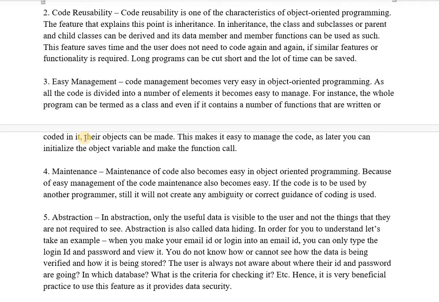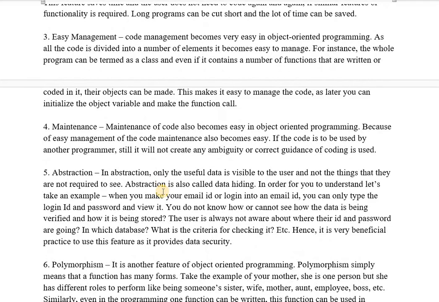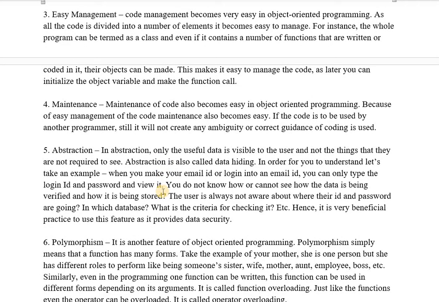Management is easy because your code becomes modularized. You are writing complete code inside the class, so it is not directly accessible by outside functions or the member functions of other classes. Your program is modularized, so you can see what data and member functions relate to which class. Only in the main function you have to call the member functions of the class. Maintenance of the code becomes easy in object oriented programming because of this easy management of the class.